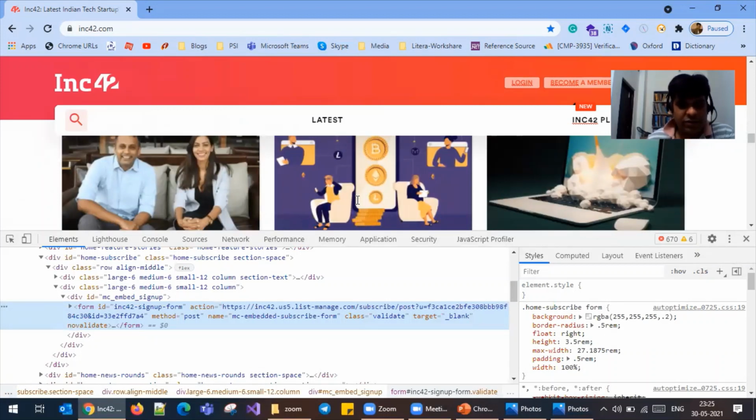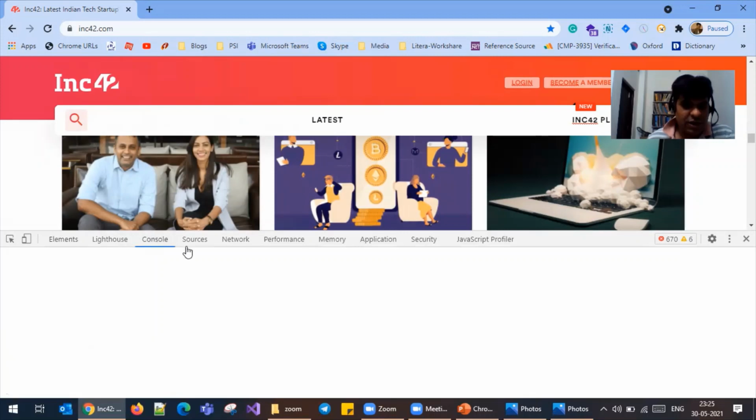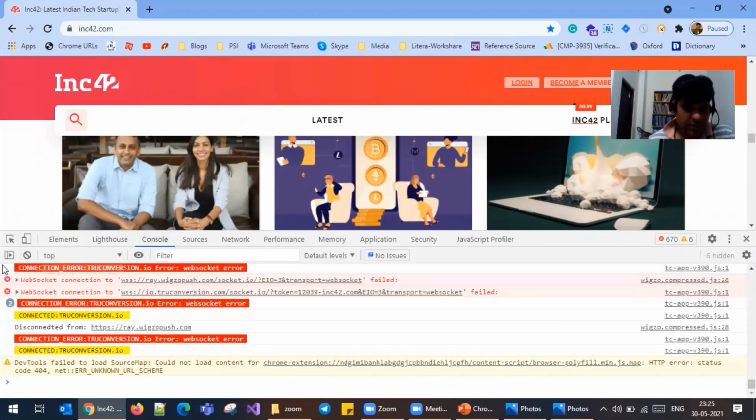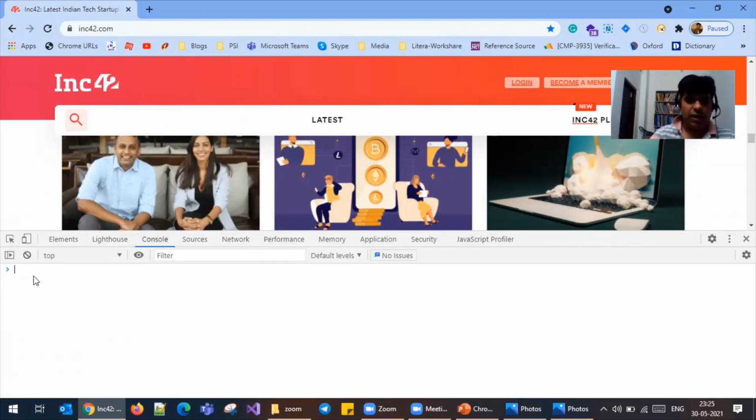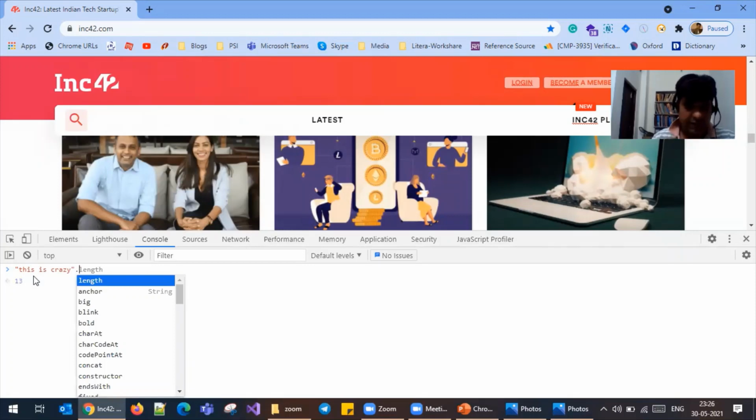Now moving on, another feature which I would like to show is the console. In the console of these developer tools, I can directly use my JavaScript. It is actually a kind of JavaScript editor also, and I can directly run my JavaScript snippet. So I'll try to run one JavaScript snippet. This is crazy. This is a string that I want to reverse. For this, what I have to do is